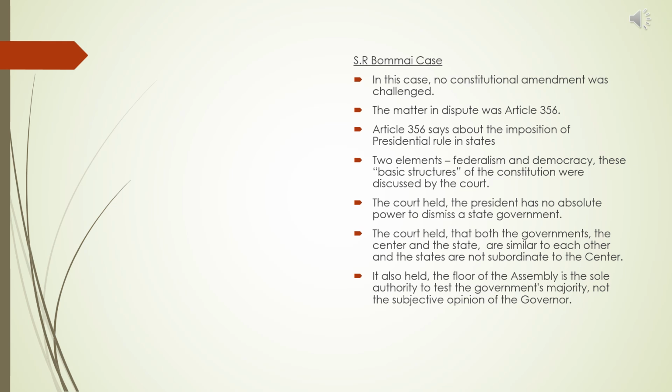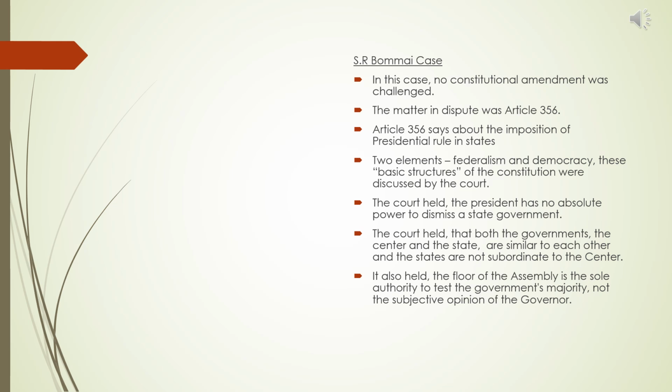And while discussing this case, the Supreme Court mainly considered two important aspects. They are Doctrine of Basic Structure and misuse of Article 356. Now you will be thinking how basic structure will come under this dispute. Yes, the federalism and democracy. These are the two aspects which are considered as the basic structure of our Constitution. Since these two are in question,